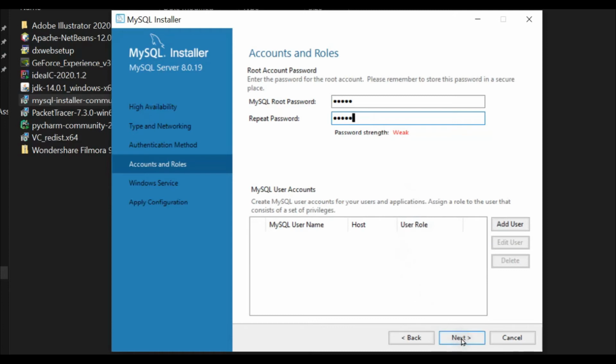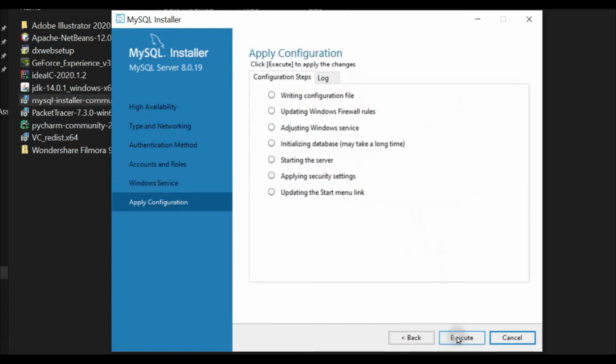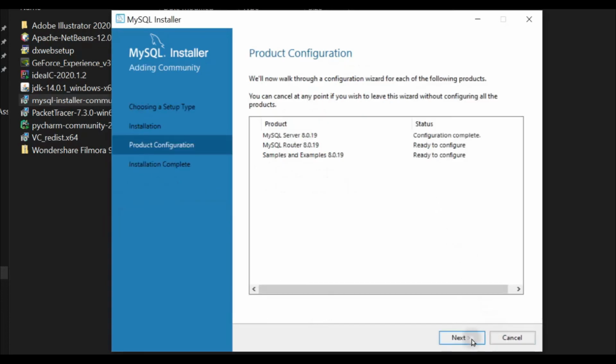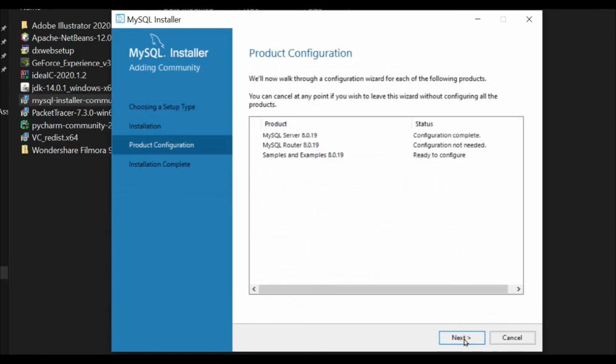Next, we'll click on next, and this is your Windows service name. You actually don't need to remember it. It will be written there by default. So click on next and click on execute again. Okay, so the configuration has been made, and with this our MySQL application has been installed successfully. Let's click on finish and next again, finish, next,